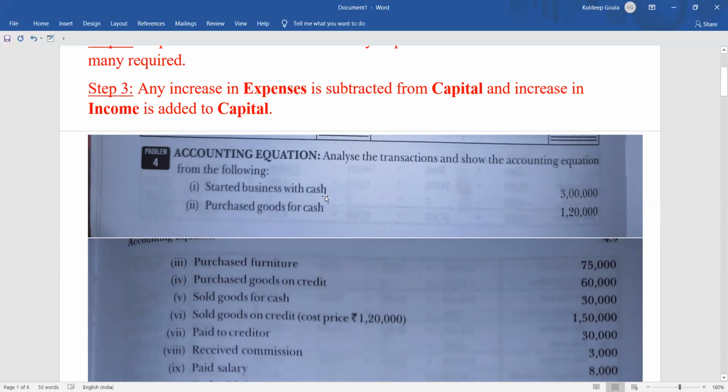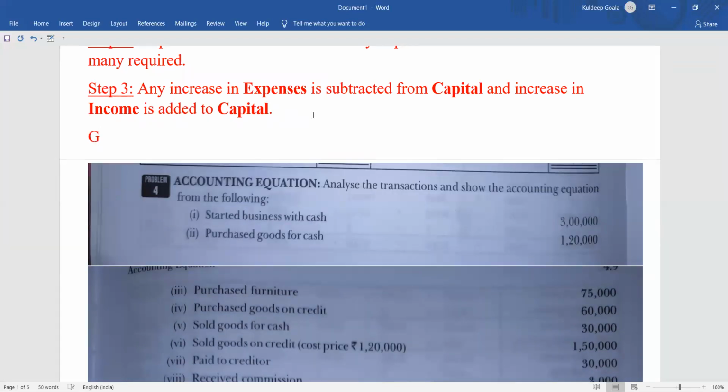What are the items we are getting here? One is the cash and the other one is capital, right? Like in journal, we have to find out the items. So one is cash, the other one is capital. One we have got asset, the other one is capital, obviously. Then purchased goods. Now remember one very important point, goods will be recorded as stock. Either it is purchase of goods or sale of goods, doesn't matter, it will always be recorded under the heading stock, and it will be taken as asset.